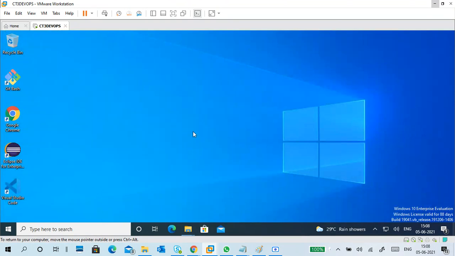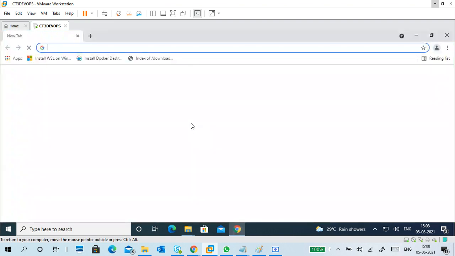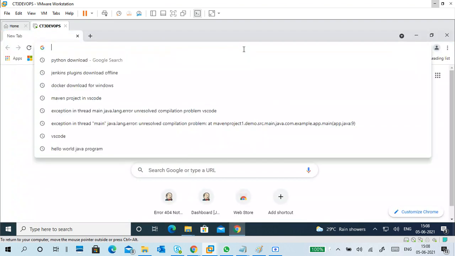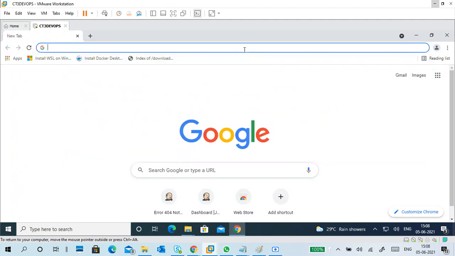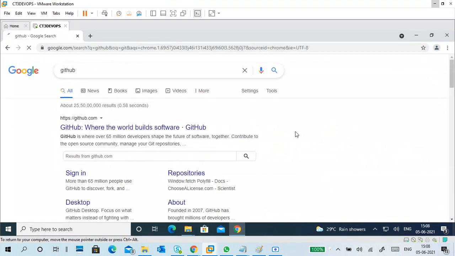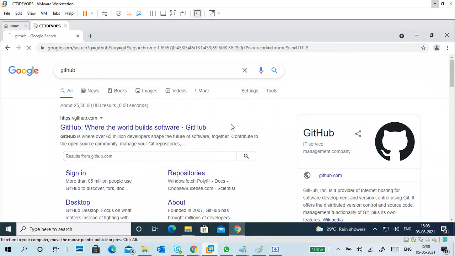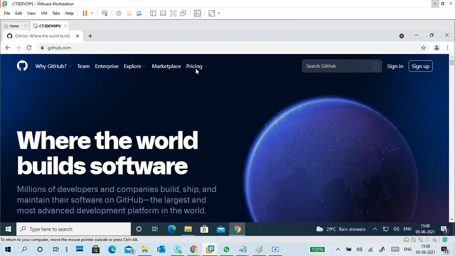First, I want to show you some Git commands. I have my own repositories, two actually: one for class purposes, one for personal purposes. I forget my personal one because I took classes more. So first go to GitHub. I will show you GitHub here. Yesterday I showed how to install Git. Already yesterday in class we did how to install Git.